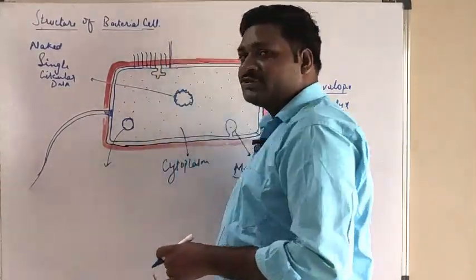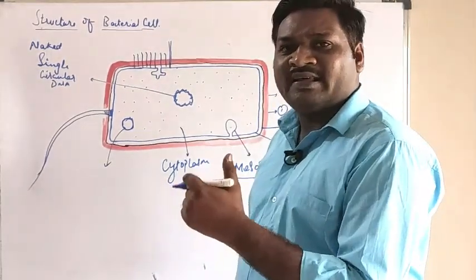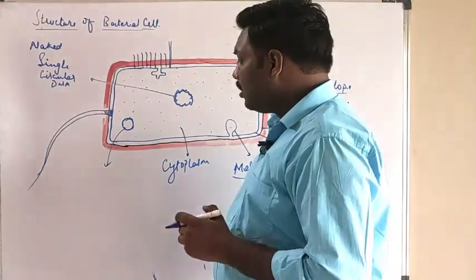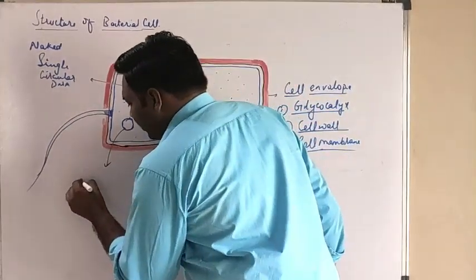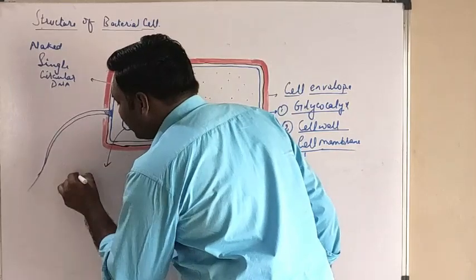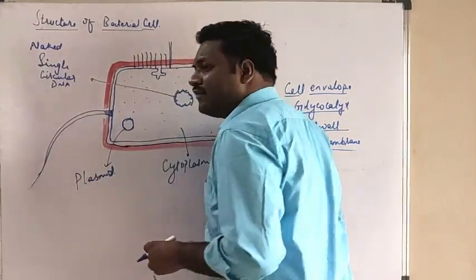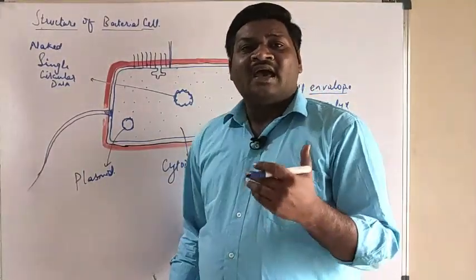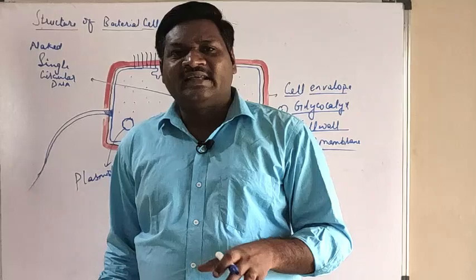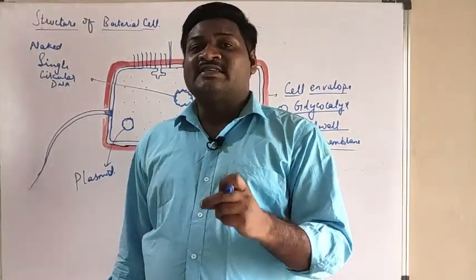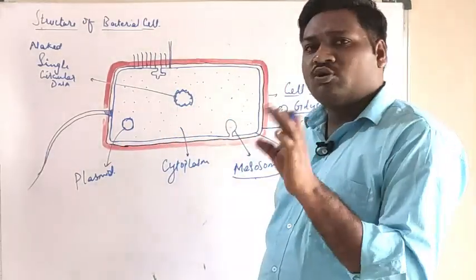Okay, yesterday we discussed conjugation, right? Conjugation is a type of reproduction in bacteria by formation of a conjugation tube, where part of a plasmid is transferred. The plasmid is called an extra chromosomal set of DNA, and it has certain antibiotic resistance genes. So when certain antibiotics are applied to bacteria and they are not killed, why? Because they consist of certain genes which are responsible for resisting the bacteria against those antibiotics.